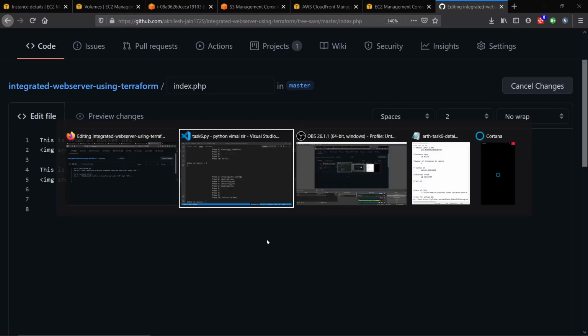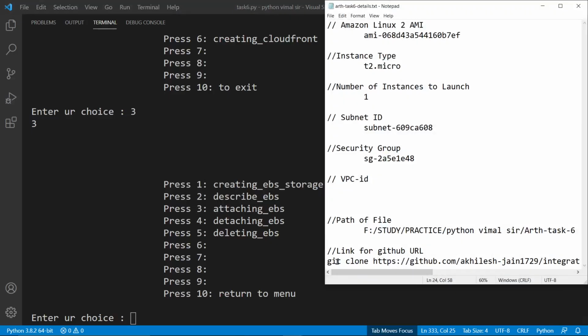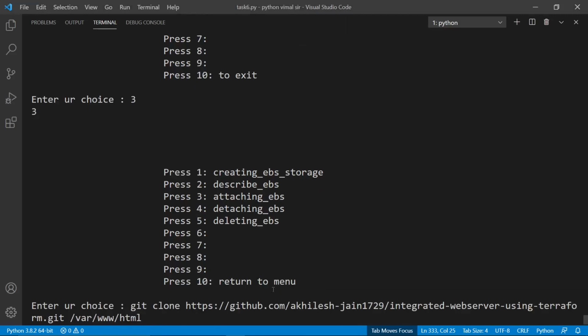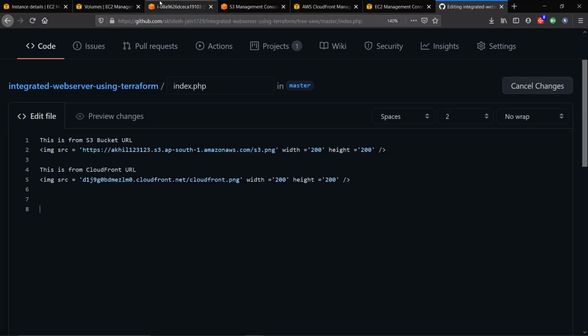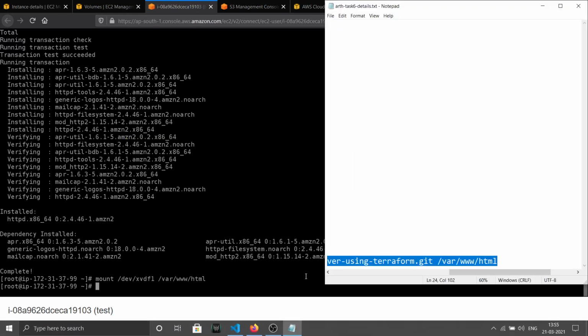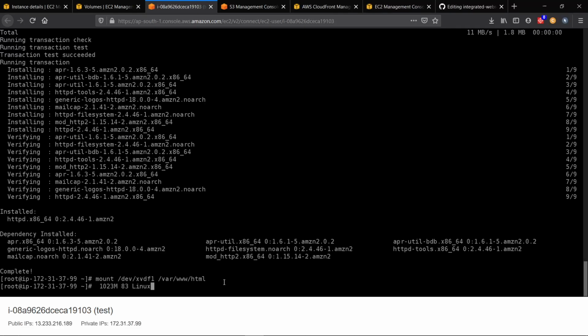For this we can use the git clone command. It is not copying, so I guess we have to write it manually. It has been copied. So with git clone, we are cloning this repo into this folder.